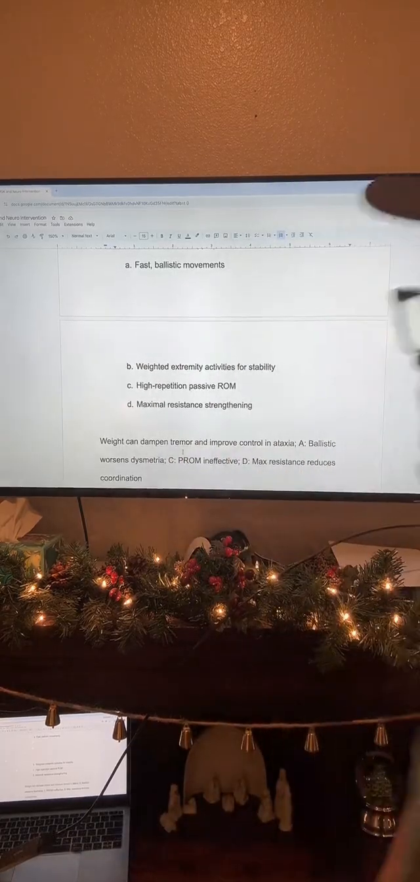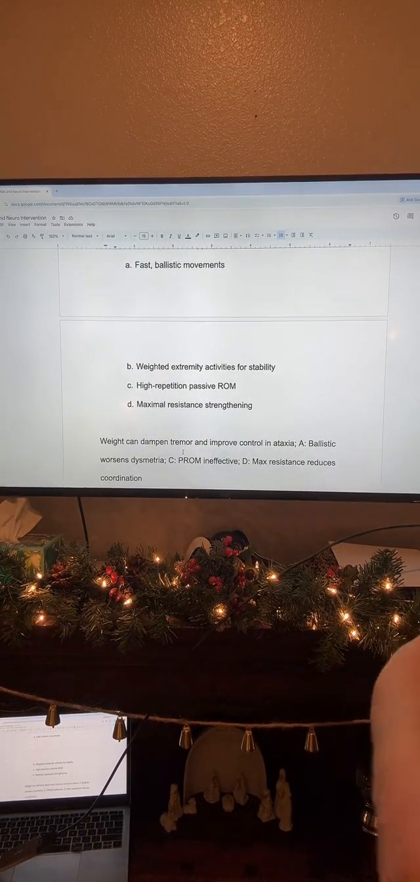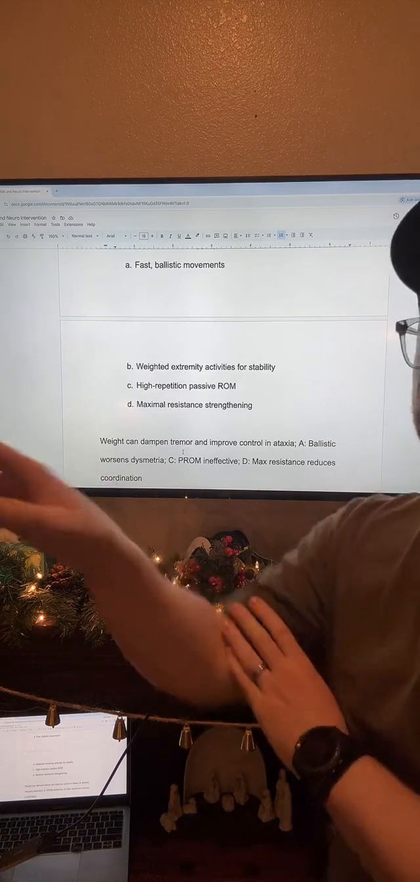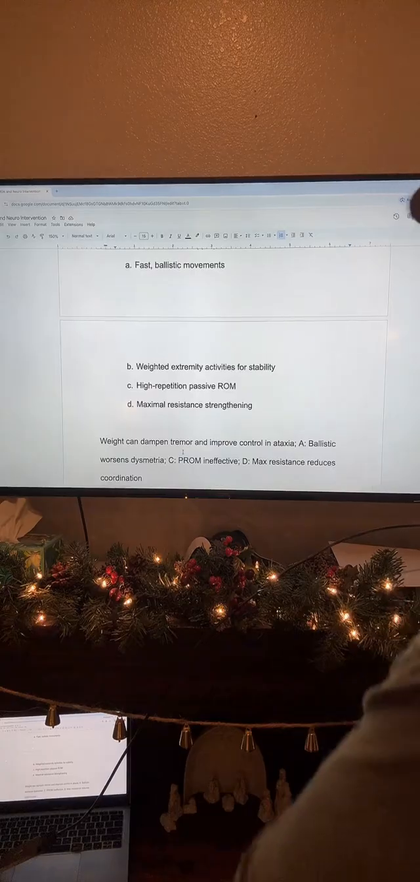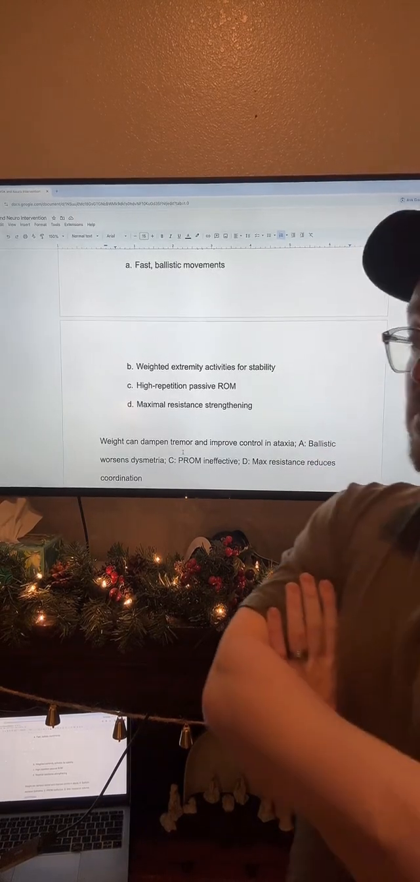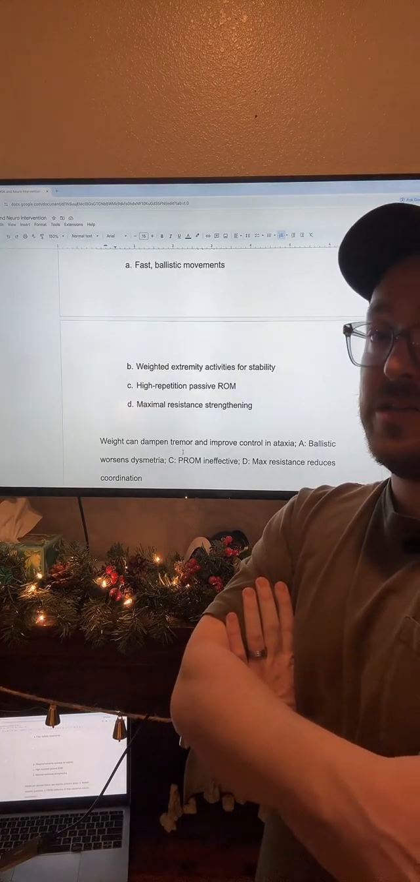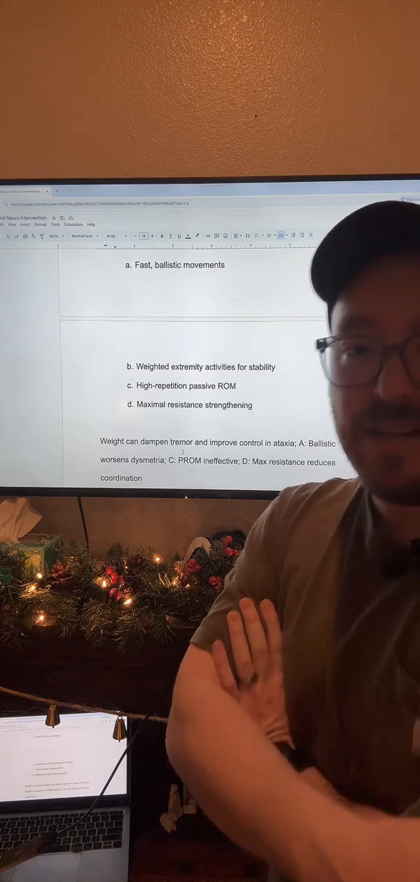So, weight can dampen a tremor and improve control of ataxia. So the answer is B. If you weight their extremity, it can help improve the stability because it can dampen their tremor and allow them to have greater control as the limb elongates away from their body. Ballistic movements are going to worsen dysmetria because these people are ataxic, so they have poor coordination. If you try to make them do it fast,